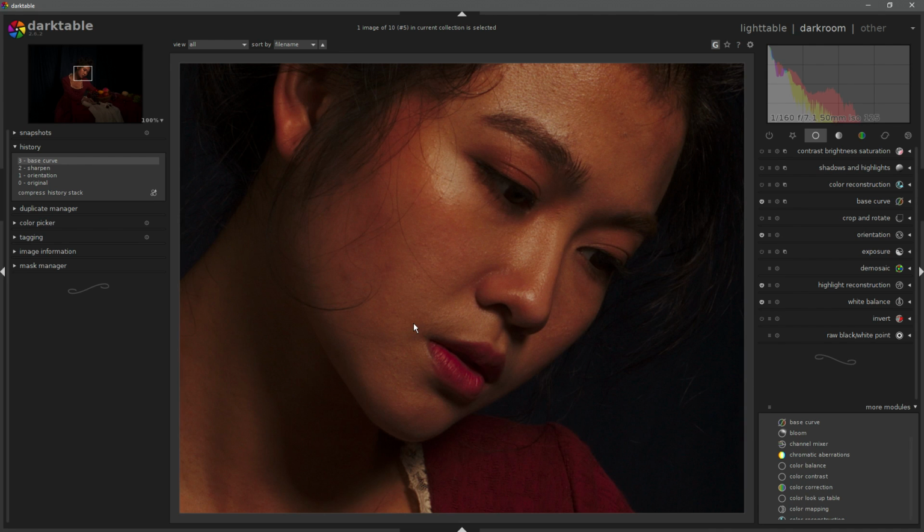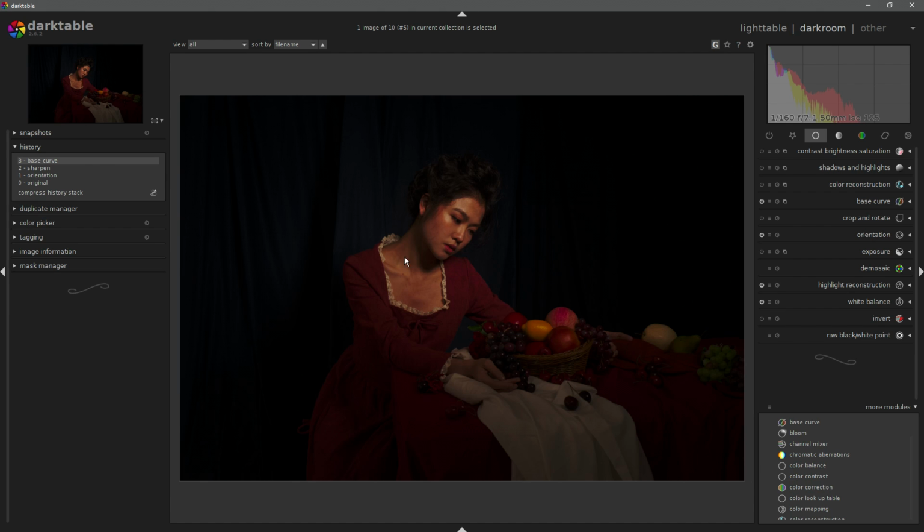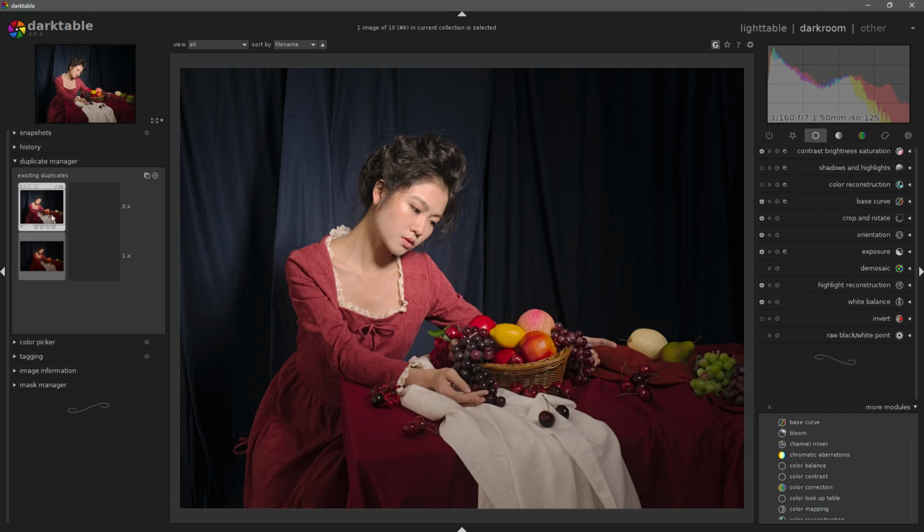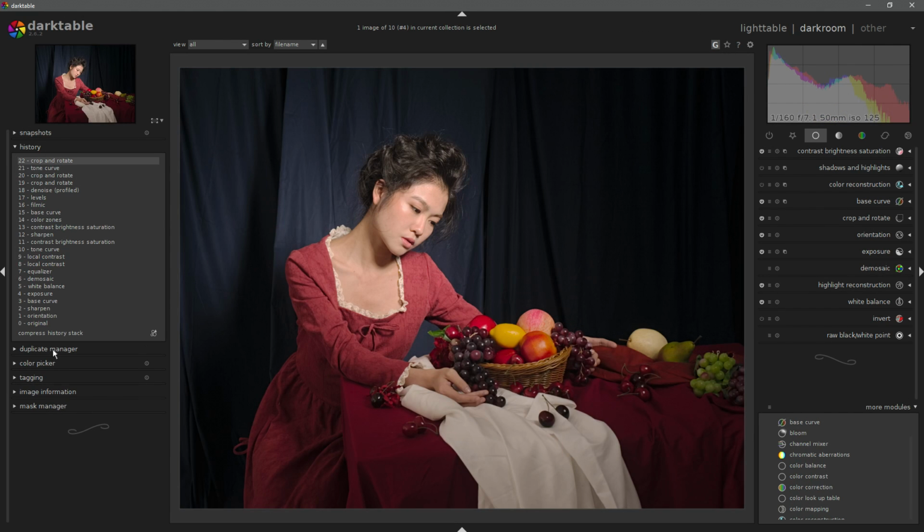Now this is a raw file straight out of camera, and this type of file just needs to be improved. The image itself does not get changed. All that gets recorded are the edits that we do to create a particular outcome. Let's go back to the first edit. We've there got the history, and because all that we've done is record the parameters,